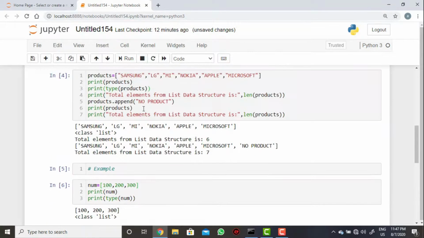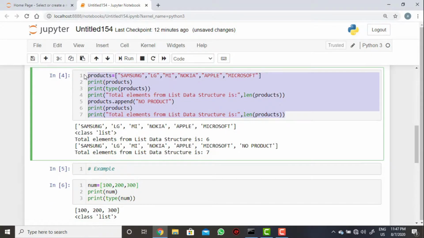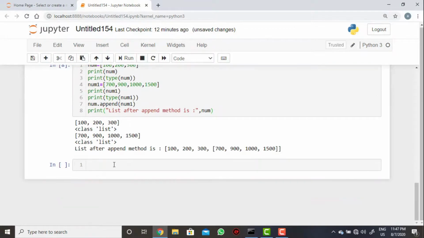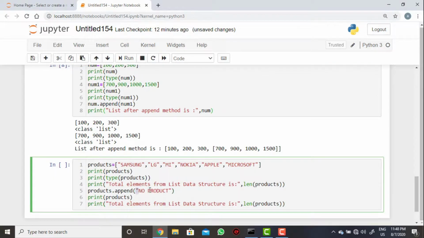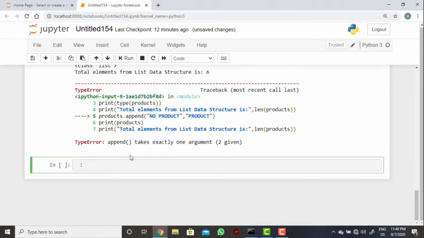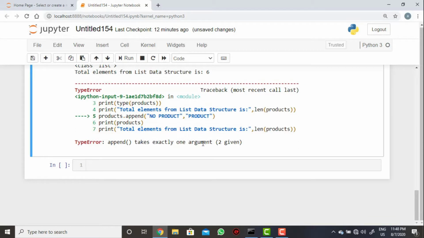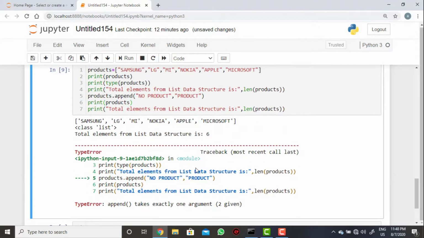But make sure of one thing: whenever you are adding using the append method, we cannot add more than one element or value. If I take two elements and try to add them, append takes exactly one argument, but we have given two.